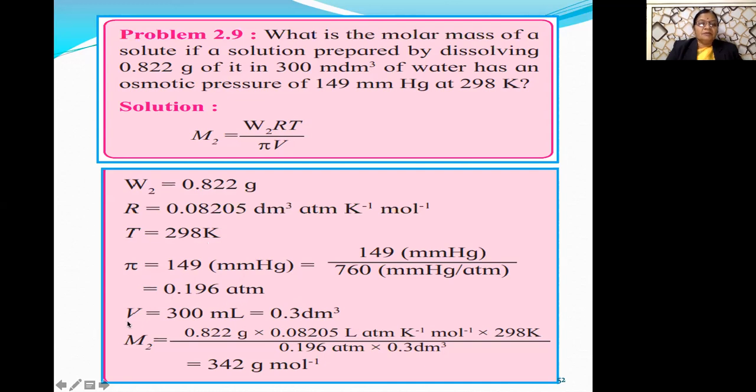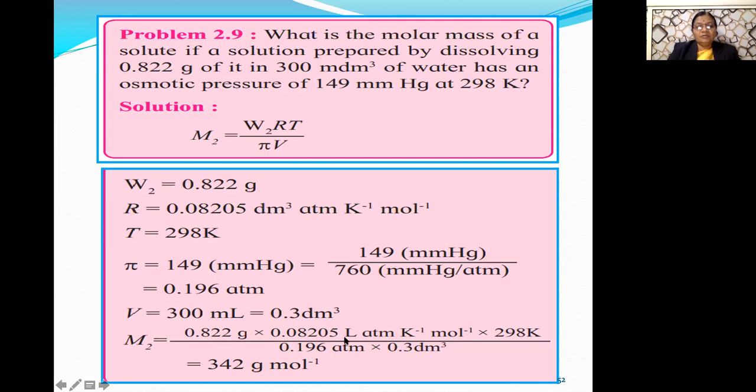Now here the volume is 300 ml. So please correct that, this is 300 milliliter. So here it becomes 0.3 liter, that is dm³. So put this M2 equal to this formula, that is W2RT upon π, that you have studied in the previous video. So W2 is 0.822 gram,